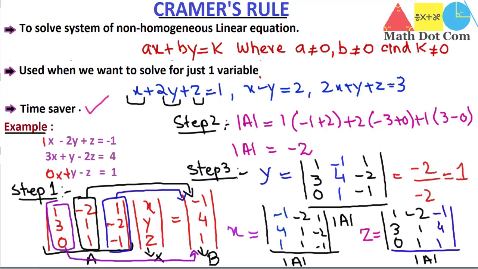Keep this in mind, we cannot use Cramer's rule in the case where the determinant of the given matrix equals 0. So Cramer's rule can be used for finding the solution of a non-homogeneous linear system when you want the value of a single variable quickly. You don't have the time, you just need one variable's value. You can use Cramer's rule, no need to use another method, and it will help you solve your problem. So Cramer's rule is very important in matrices.